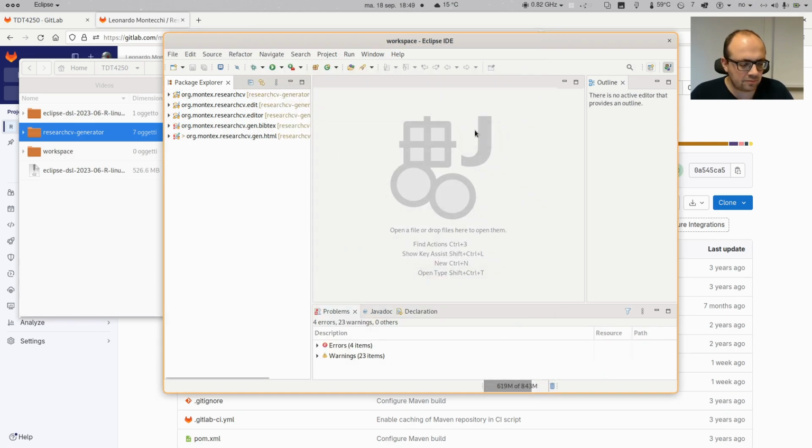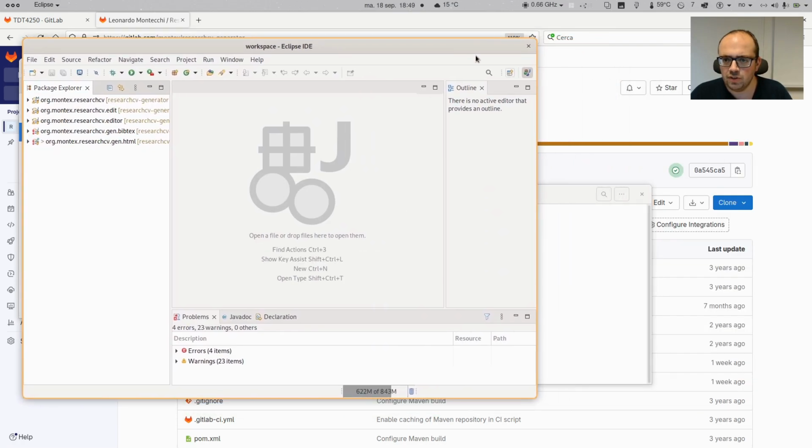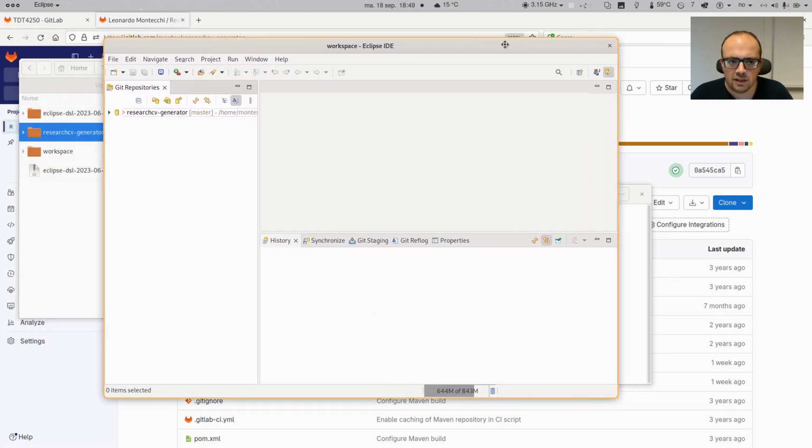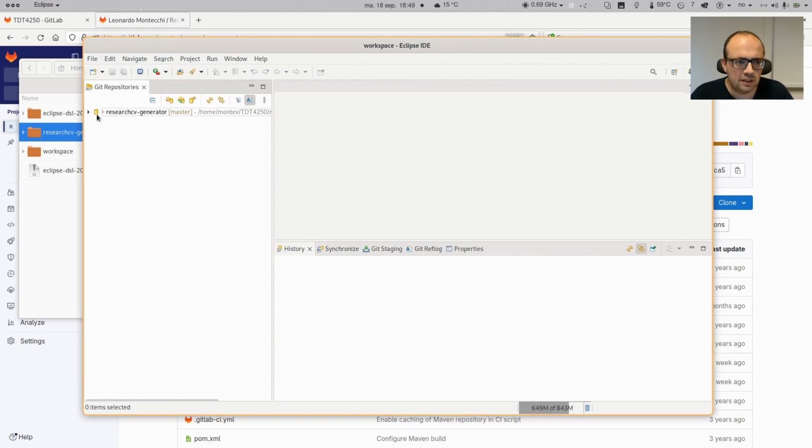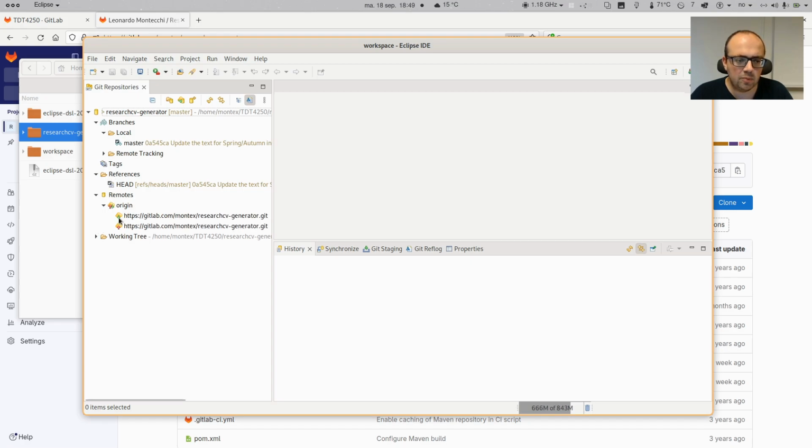So EGit has some specific views, and in particular it has a perspective that you can activate. I'm not sure if you see it here. You can activate it from the perspectives, so you can open perspective and select Git, and you will have some views with some information about the repository. So in this case you have branches, and you see locally there is the master branch, and remotely there are some branches that are on the repository. In this case there are no tags, and there is a remote, which is the